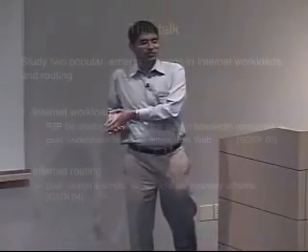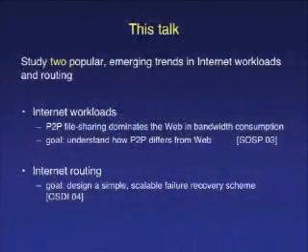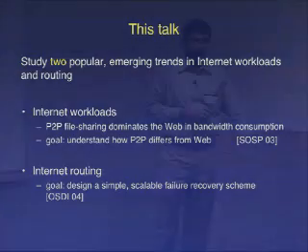So to meet these three challenges, we need three things. First, we need new measurement tools and data that would enable us to discover new properties of the internet and its workload. We need new analysis techniques that would help us explain the fundamental underlying causes of these newly discovered properties. We need new analytical models that would expose the inner workings of these internet scale systems. And finally, we need to leverage the insights from the measurements and the models to design, implement, and test new systems. Now, in the past, my research has focused on all these three aspects of understanding the internet.